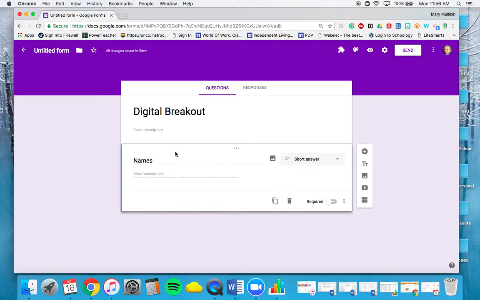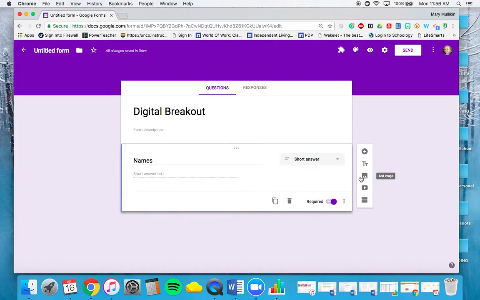Once you have this basic question filled out, typically it will automatically go to what kind of question you're doing, and we are going to be using short answers for the whole template. You'll put whatever question you have or whatever you need them to fill out, and then you're going to click required. This makes it so they are not able to move forward unless they answer this question. So we'll have it be required, and then we're going to get started on the actual